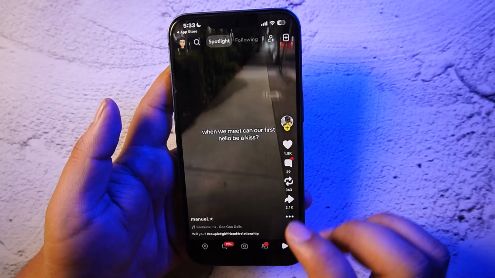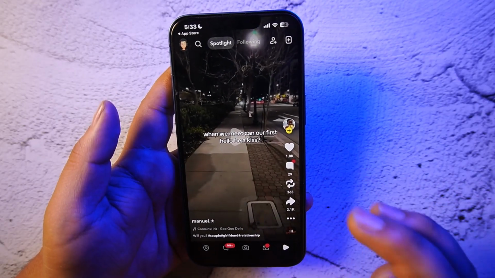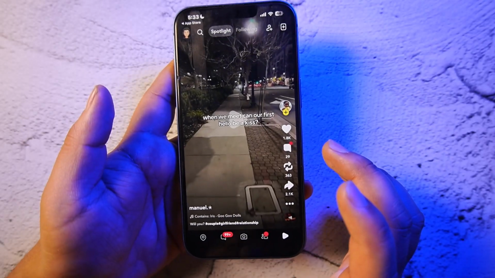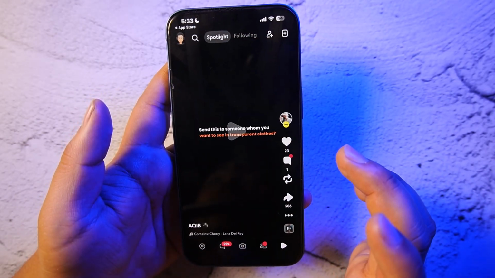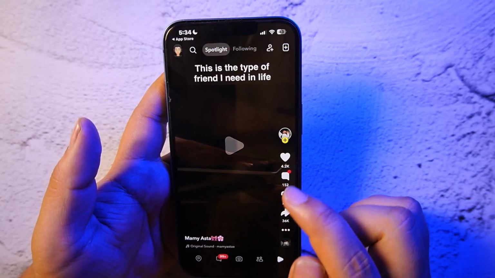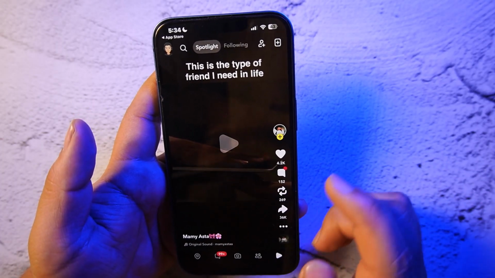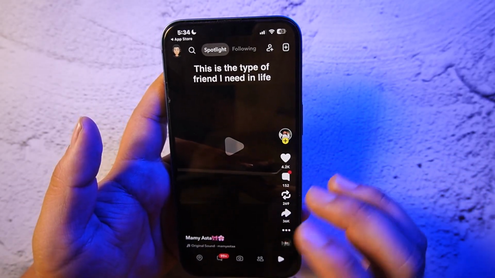You'll have to post spotlight, and what you also want to make sure is that the spotlight that you post has to be of more than a 1 minute. So you have to post a spotlight that is more than 1 minute, and that will be qualified for Snapchat ad revenue. So once you have enough content that goes viral, then Snapchat will give you